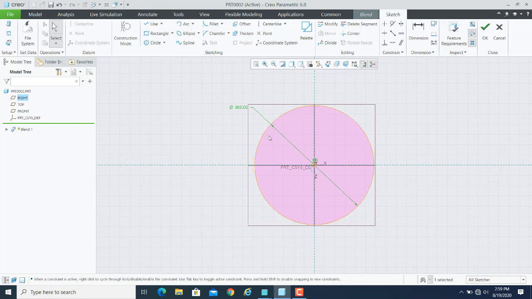So here, suppose I want to divide this circle into 4 points, so you can always go to the edit menu, and in the edit menu you can find that divide option. So it is available. The divide command basically divides any segment into the desired number of segments that you define. If I hit the divide key, it will ask you to pick a point